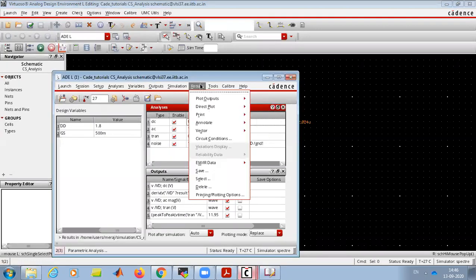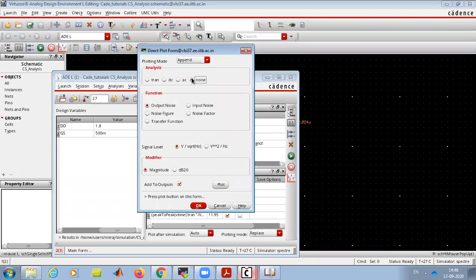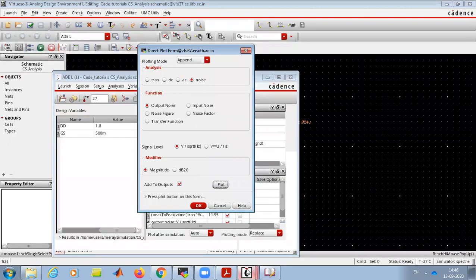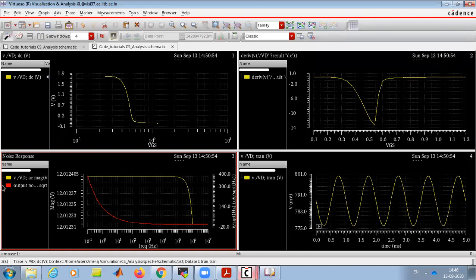So we'll go to direct plot main form. We have this option noise. So what will be the output spectrum we can plot? So this is the noise.